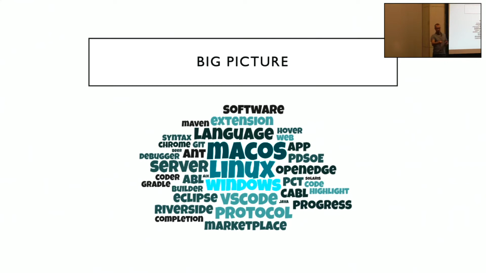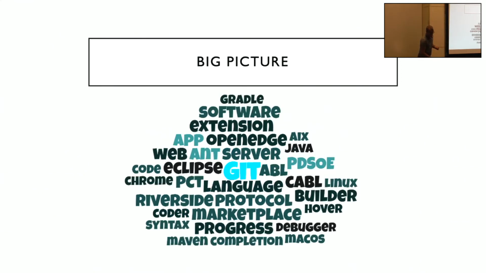And I will show you this machine. This is a MacBook, and I will show you how it's possible to have that running on a MacBook. So I want it to be platform agnostic. I don't want to have something only for Windows. I'm a Linux user, so I want to be able to go onto any Linux machine and start working on any application. So also Git is in my mind.